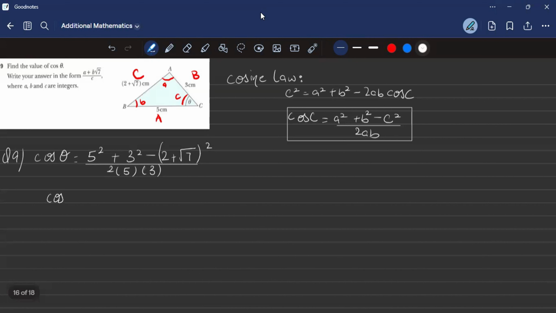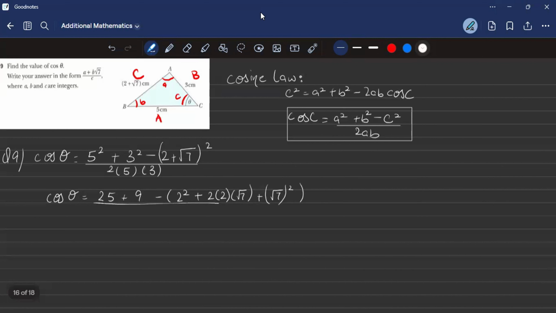Cos theta is going to give us 5 squared, which is 25, plus 3 squared, which is 9, minus, now this is a plus b whole squared. So what is the formula for that? We use the quadratic identity. So a plus b whole squared is equal to a squared. What's a squared? 2 squared, plus 2 multiplied by a multiplied by b, under root 7, plus b squared, which is under root 7 whole squared,